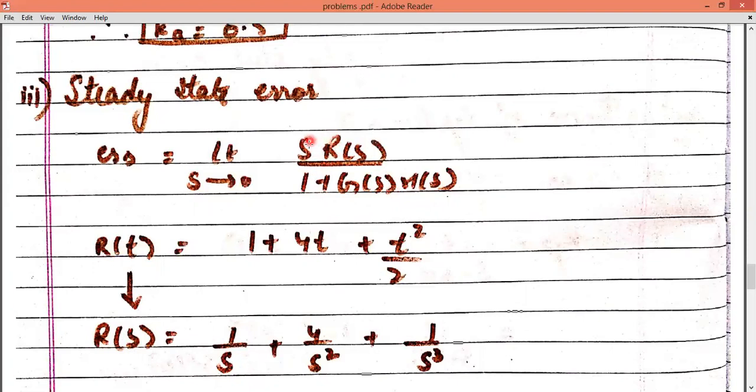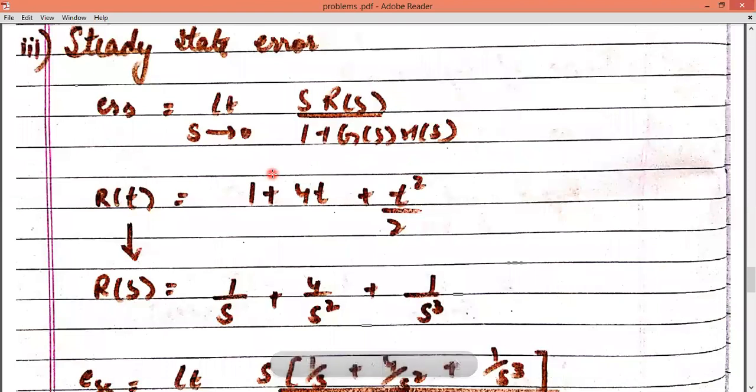This signal, just leave this r, this signal is our error signal. In the question we have been given r of t, we need to find r of s, so we need to convert it into the Laplace transformation. Here is the conversion. This is the way to represent the Laplace. The Laplace of 1 is 1 by s, t is 1 by s square, so we need to write 4 upon s square. The Laplace of t square is 1 by s cube, so we'll write like that.